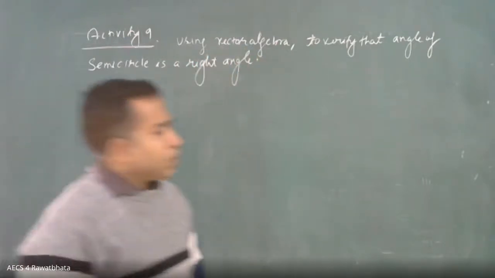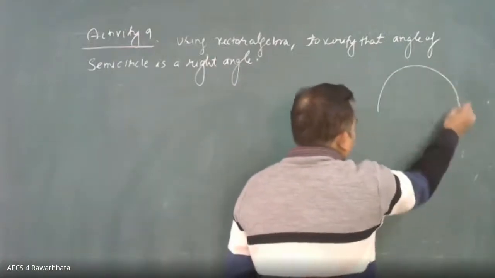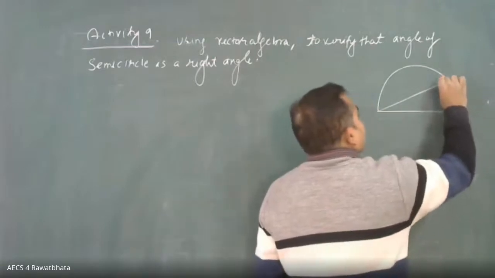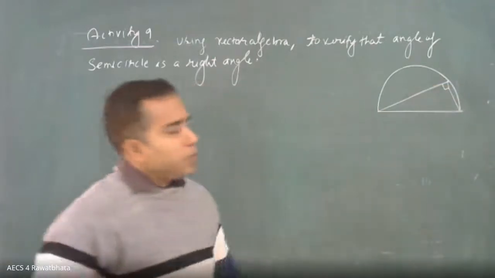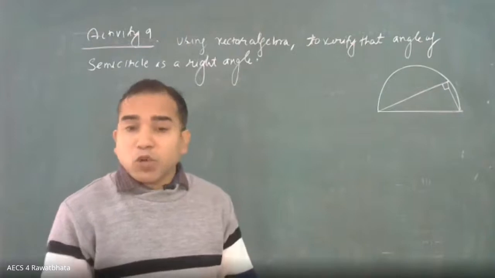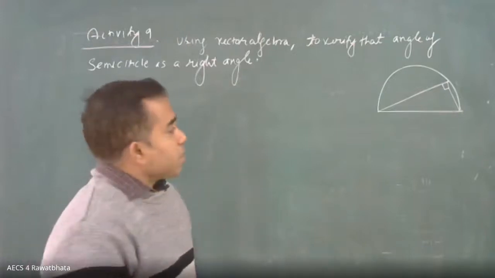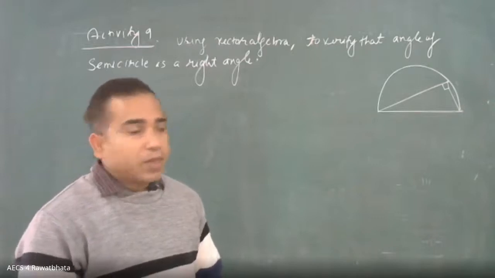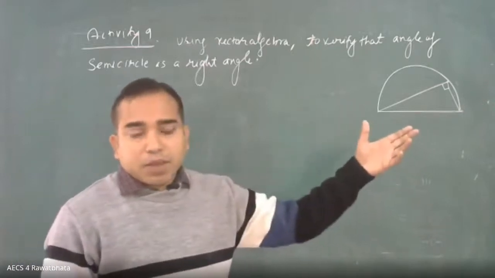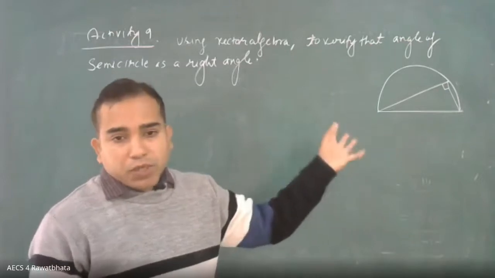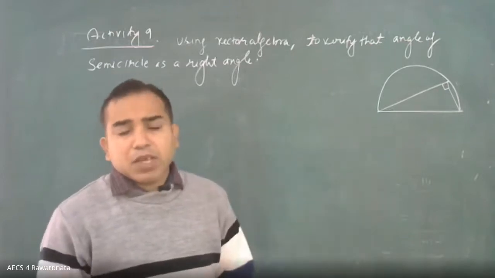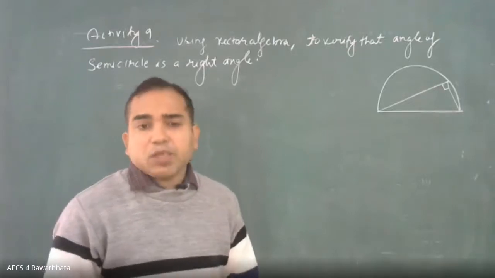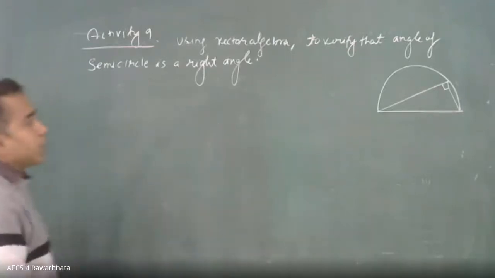So you know very well that in a semicircle, if you draw any angle and you measure this angle by protractor, it is certainly going to be 90 degrees. Right? But this we have to just verify only. And how in vector algebra also, that same, by using Pythagoras theorem we'll do it. So it is a very simple thing, but vector algebra contains mostly simple things only. So let us discuss it.